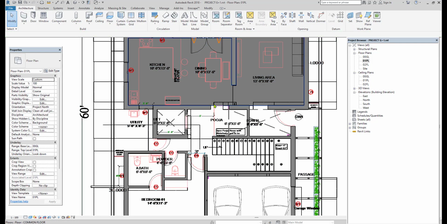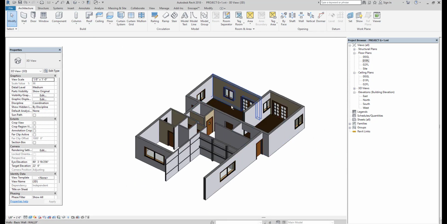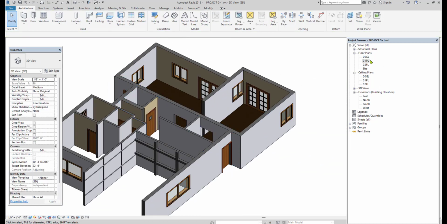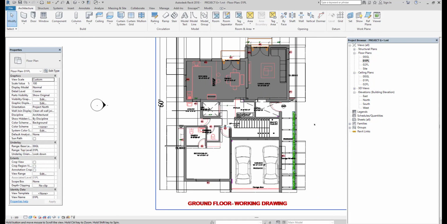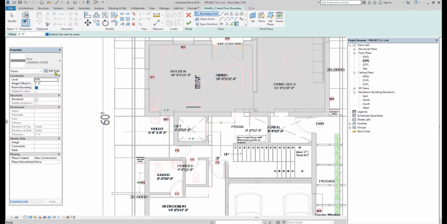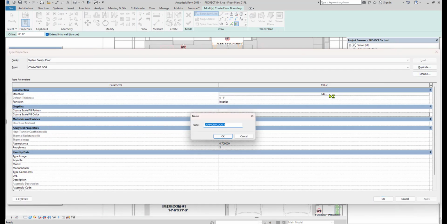Next, make sure you are in the plinth view or in the floor plan view to draw the floor. So now I have it at the plinth level. If you want to switch the level to a different one, then you can go to the level option in the properties and switch it. Same way for the bathroom, I just want to draw the floor. Same process for this also. I am just changing the name to bath floor.